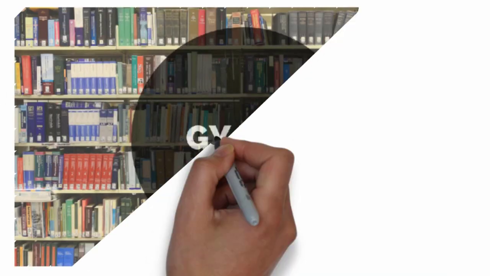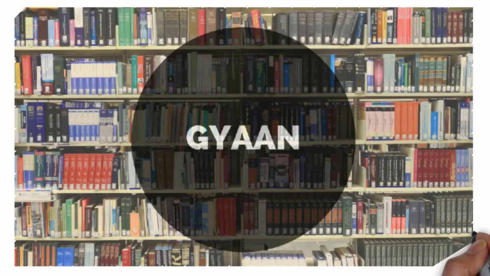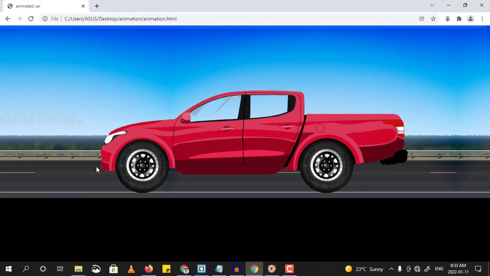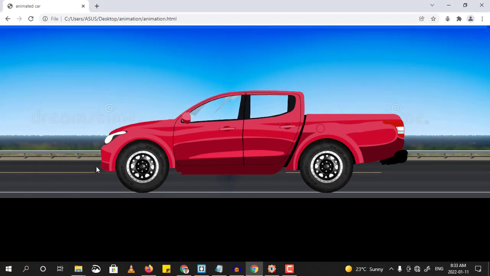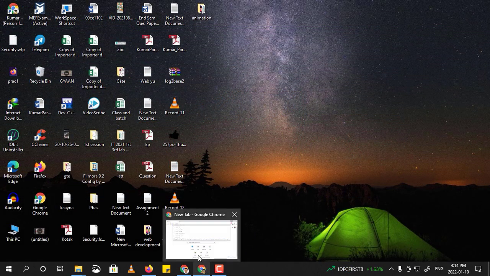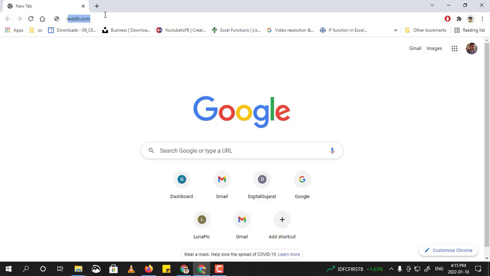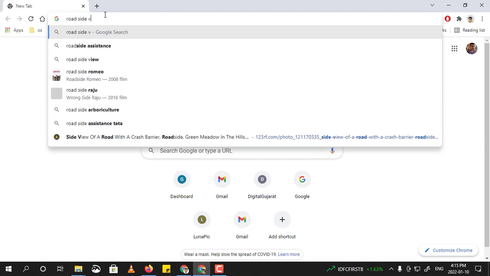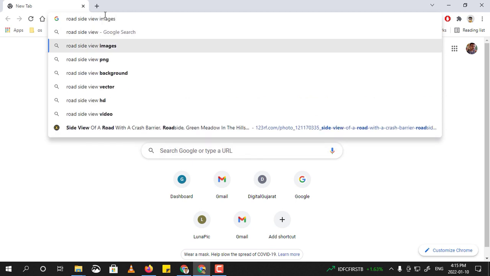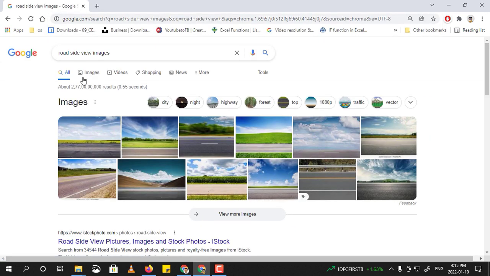Hello friends, let us understand some animation properties related to CSS. I am going to animate a car using CSS and HTML. Let us download some images of road, car and its tires and prepare a scene, and then we'll animate the